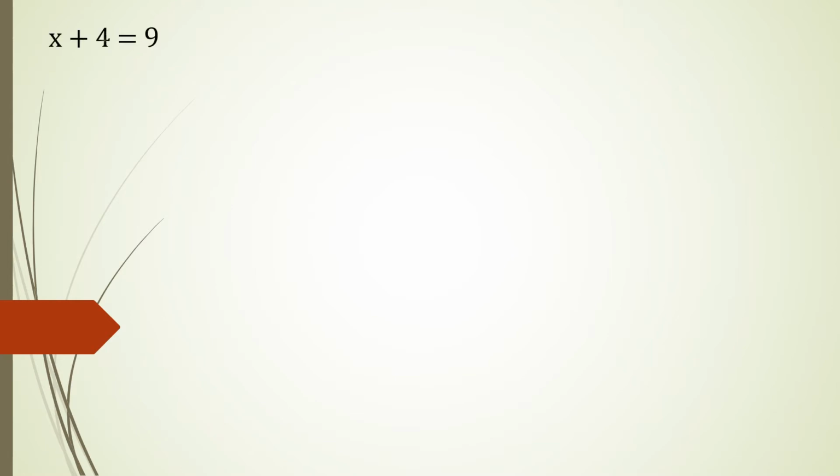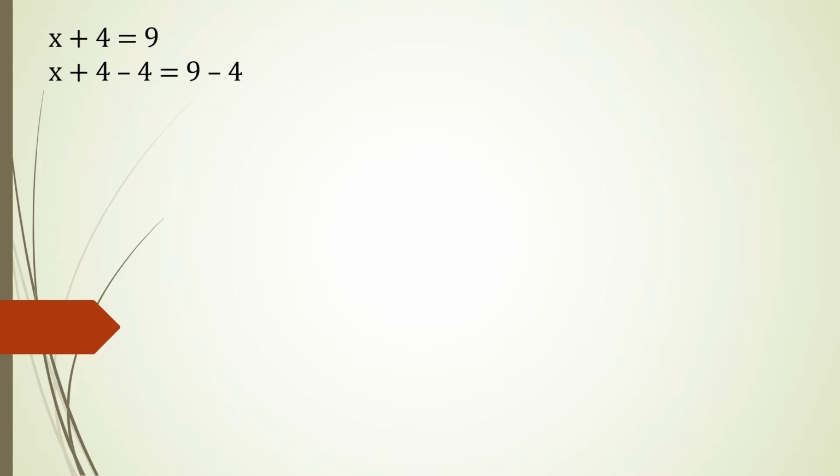Now students, x plus 4 is equal to 9 is an equation. Now I want to find what would be the value for x. So I want to solve this equation. So to solve and get the value for the variable x, which should satisfy my equation, means my left hand side should be equal to right hand side. I know you can directly say that the x value should be 5. Then only 5 plus 4 you will get 9. But we have to solve. So I want to get the value for x.